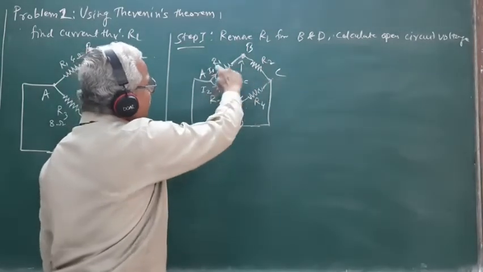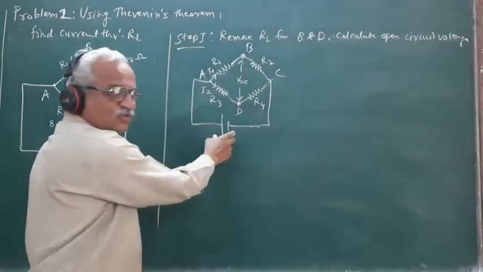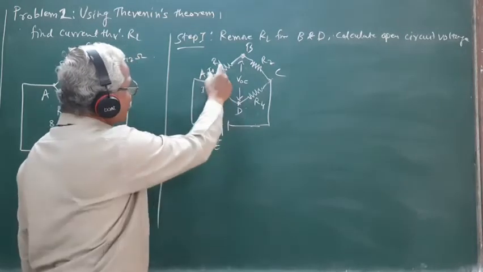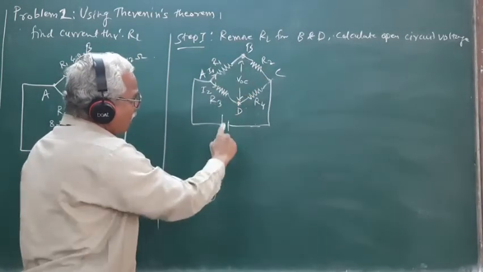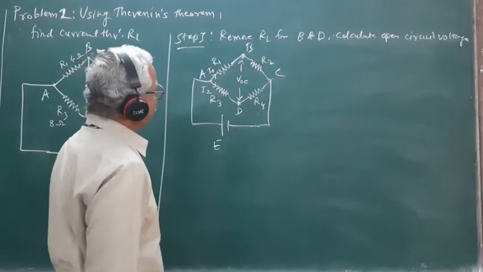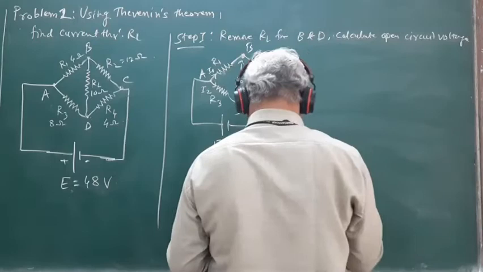And since this series combination of R1 and R2 is connected across the source of EMF, the sum of the potential drops across R1 and R2 must be equal to the value of source of EMF E. So, equating this, we get the expression